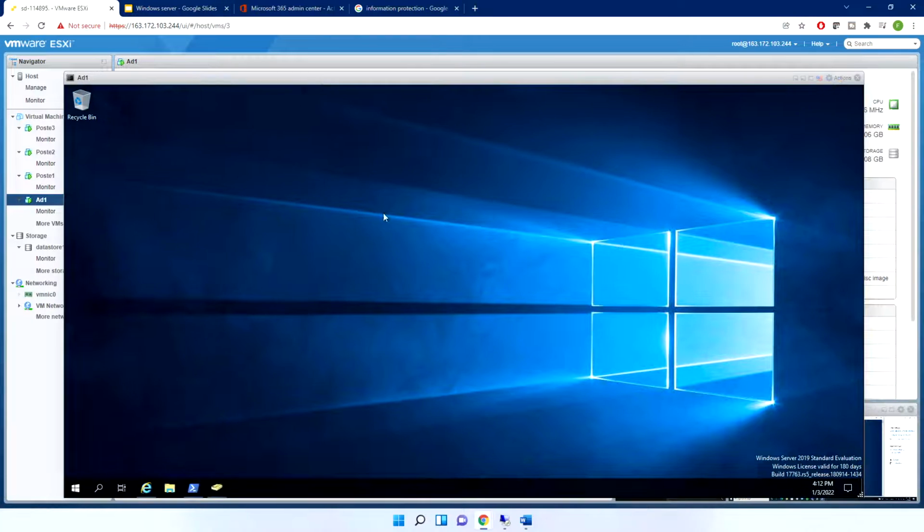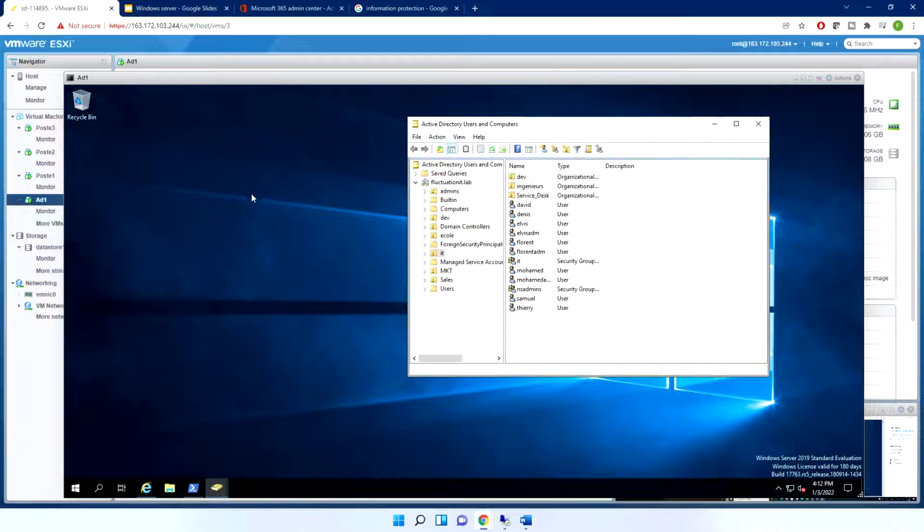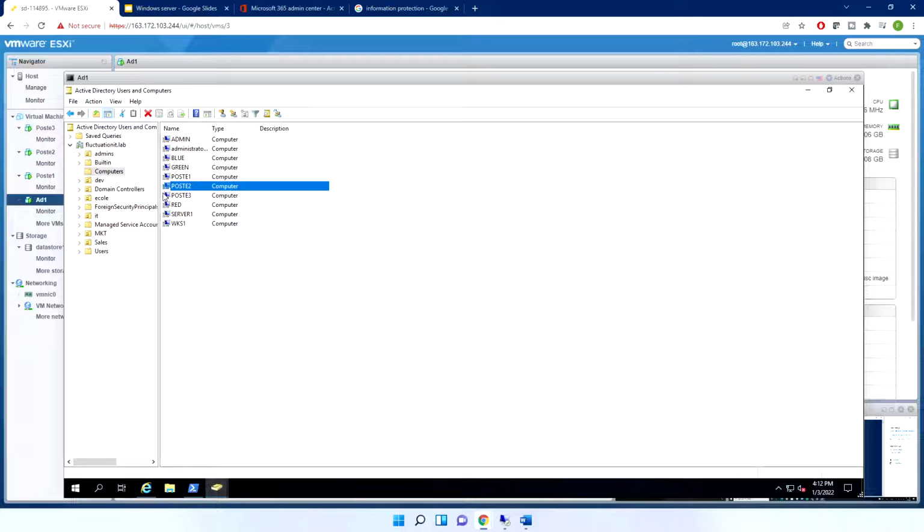Okay, and here I have my server manager, and here I have my OU. If I show you here in computers, I have my poste 2. For the first example, normally you don't put your computer here. Normally you have like